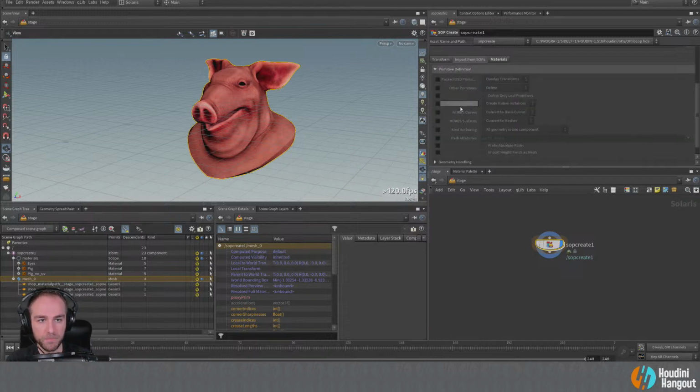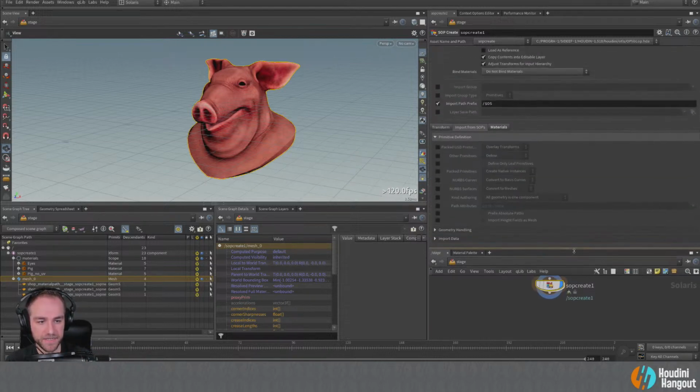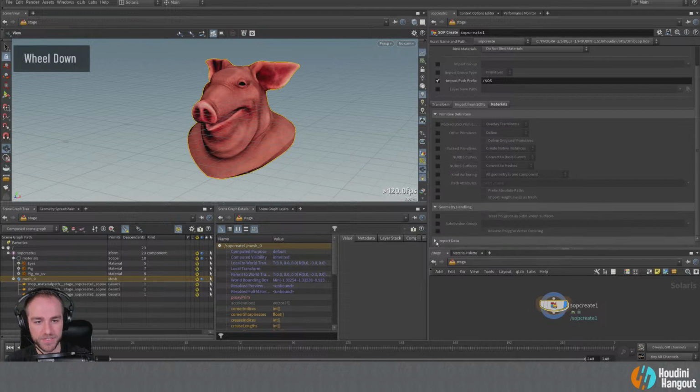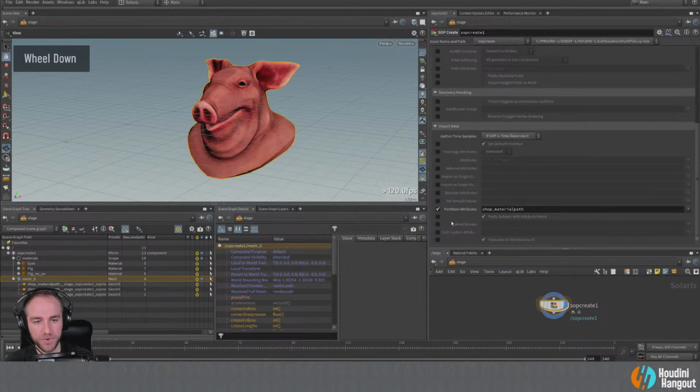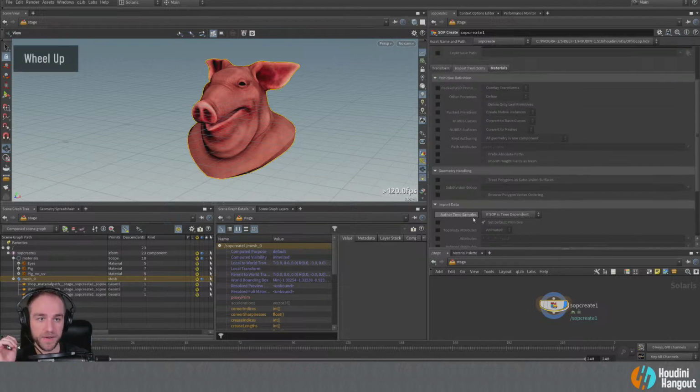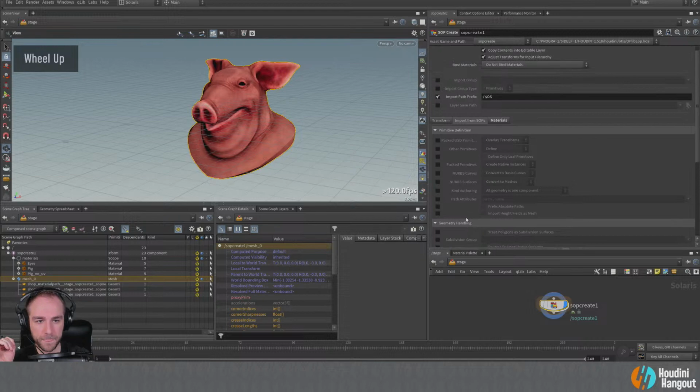And so there's a bunch of different settings here. So I'm just going to move this down because we know it's just a SOP create node. There's a bunch of different things that we can set up as far as how this geometry is going to be brought in. So there's one thing, like here you can see partition attributes. This is set to shot material path. So that's something that we can play with here for sure. There's a few other things, like path attributes is a really helpful one. What to do with packed USD primitives, that's some options here.